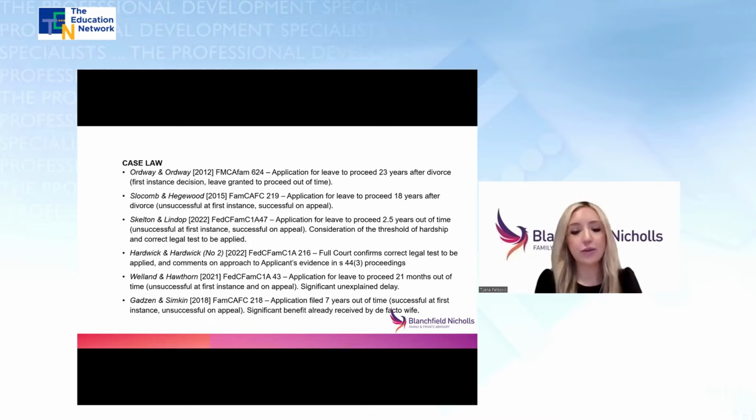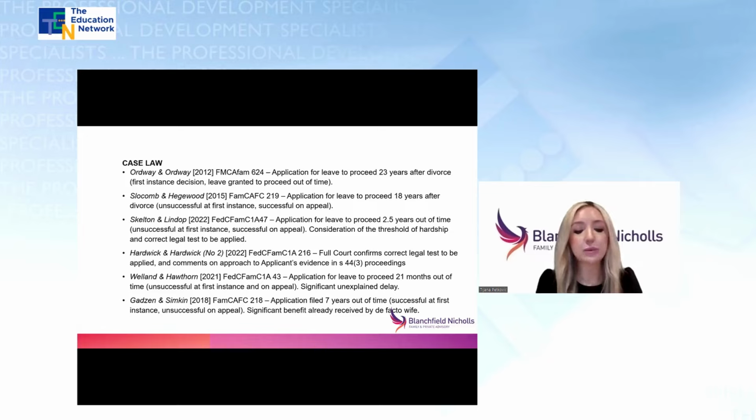The court took into account the fact that the wife had an informal financial arrangement with the husband, and she had feared disrupting the status quo by instituting proceedings. The court found that it was obvious when considering the parties' financial circumstances that there was a significant power imbalance between the parties. The wife was able to continue to reside in the house and rely on the husband for financial support. When she subsequently became employed within his business, the court accepted that she had concerns that if she pushed the issue too far, she would lose her job.